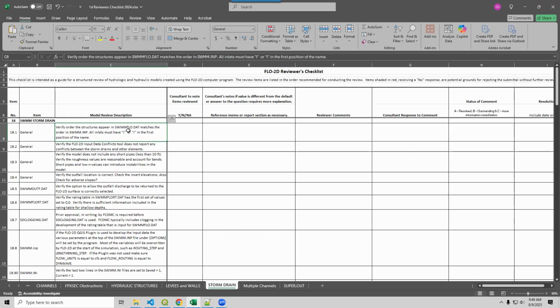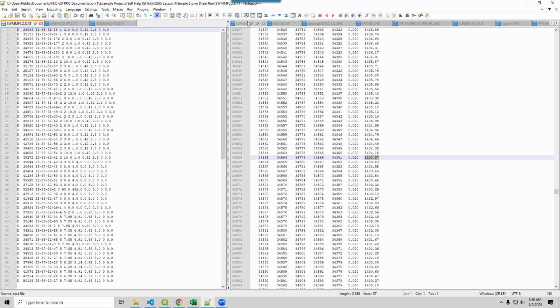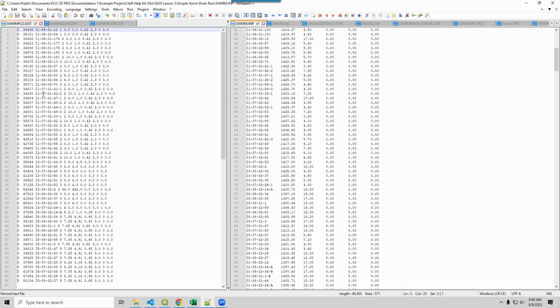Okay, so I'm not going to check that, but bottom line is you've got your swimflow.dat here, your SwimINP here, and you just make sure that these are in order and they match. But because I use the Flow2D plugin, I know they're in order and that they match. Okay,